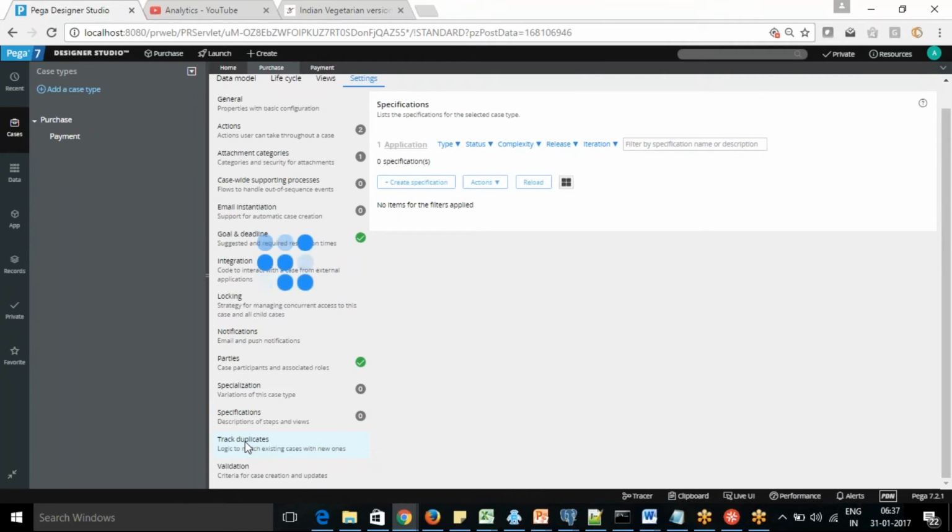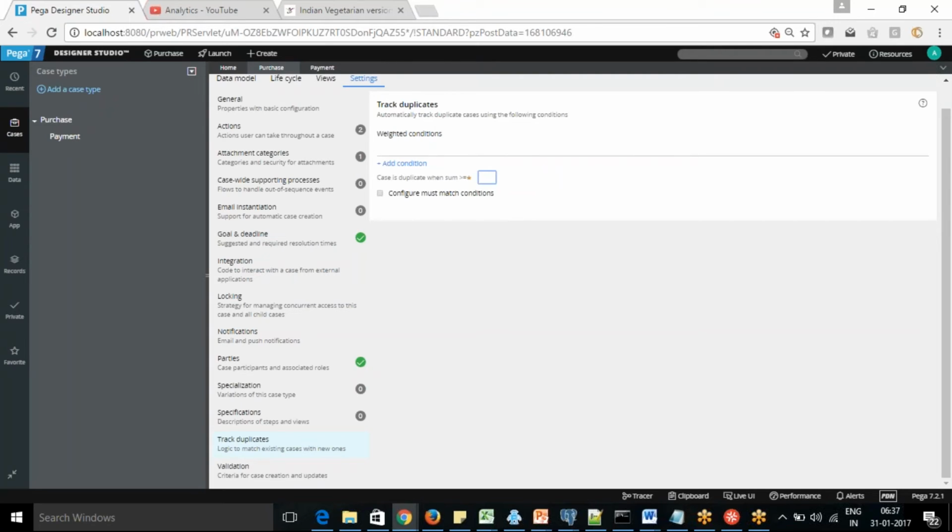Then next we have track duplicate. What do you mean by track duplicate? Let's say you are hiring candidates, and you got email-based instantiation. You got the same candidate profile five times. Are you going to create five cases? No, right?